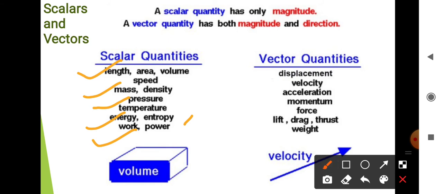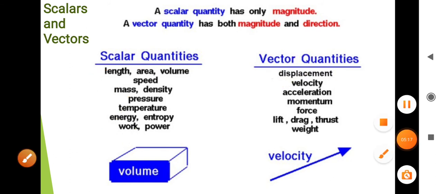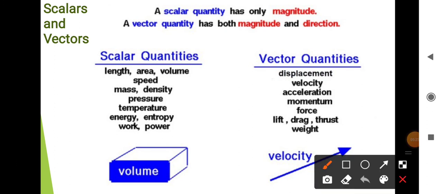And what are vector quantities? Vector quantities are those quantities which have magnitude as well as direction. For example, displacement, velocity, acceleration. These are all vector quantities. Okay, means vector quantities have both magnitude as well